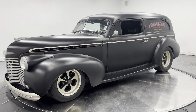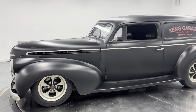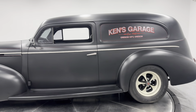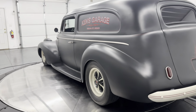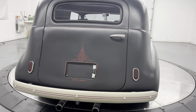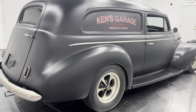This afternoon, we are going to show you a 1940 Chevrolet Sedan Delivery. Now, we got this car in on trade. It has a small block Chevy engine, has a 350 turbo, automatic transmission,